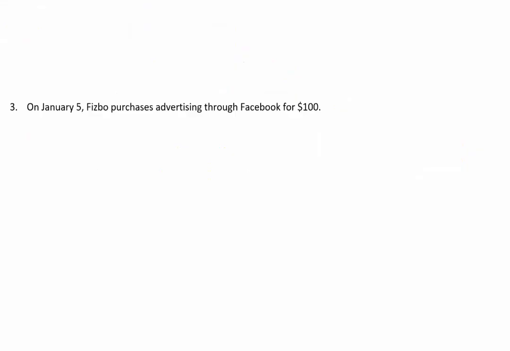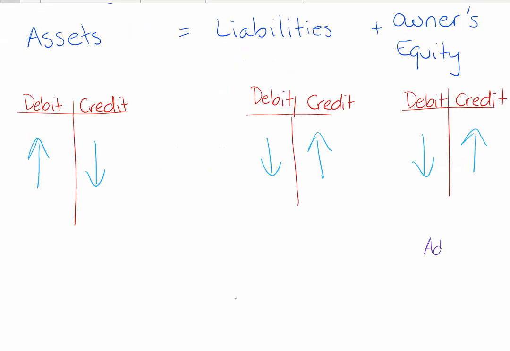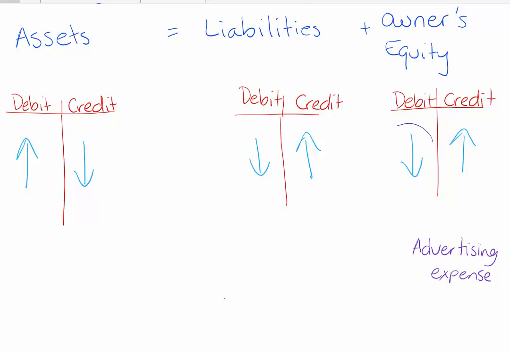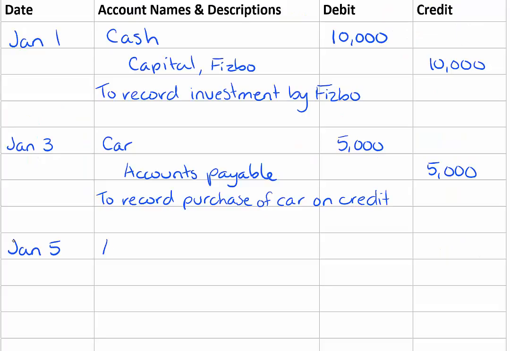For our third journal entry, when we're recording our advertising expense, expenses are a little bit confusing. If you remember, expenses fall under owner's equity, but they decrease owner's equity. So when our expense account is going up, our owner's equity account is going down. So in this case, in order to add in our expense, we need to debit it. We're going to pay by cash, so our cash on our bank account is going down,